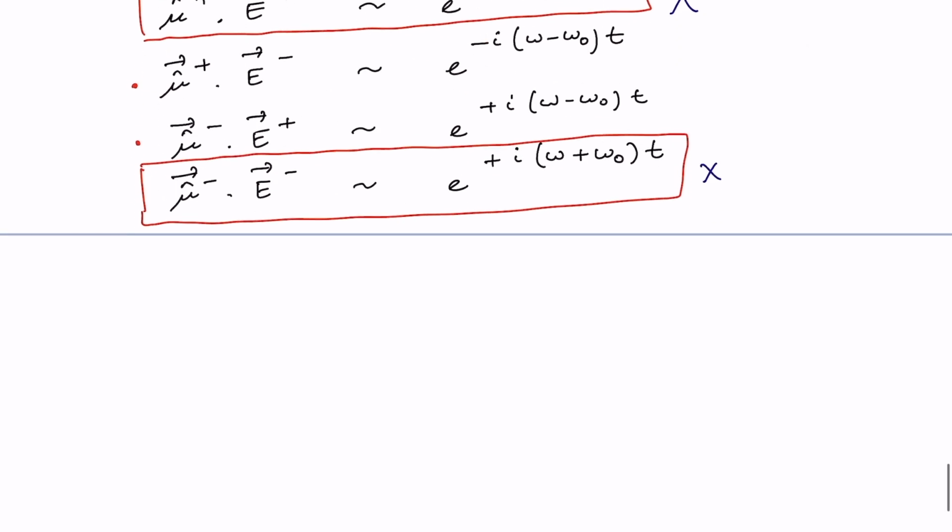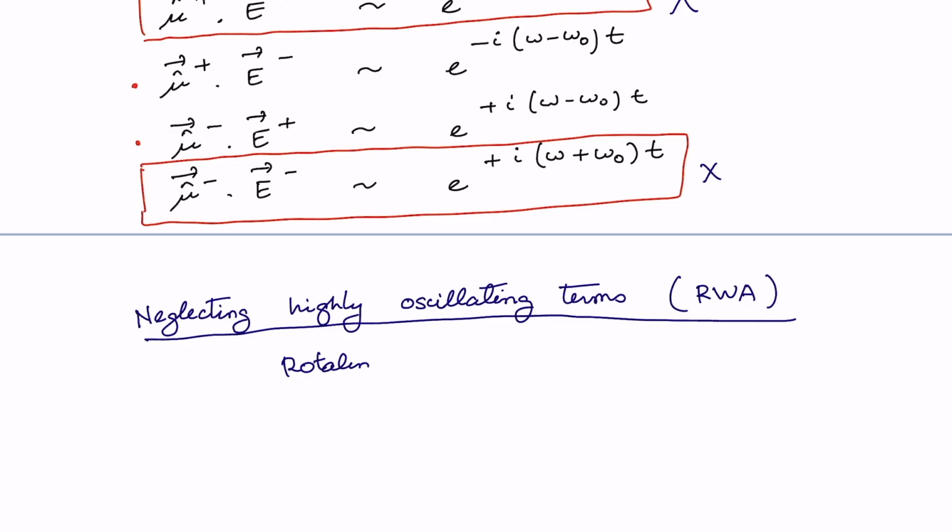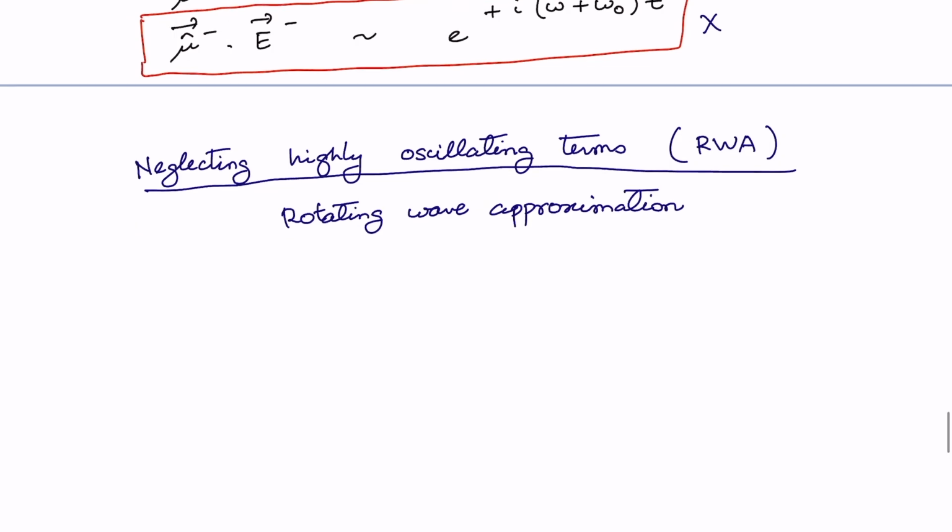We can neglect a highly oscillating term, and this approximation is known as the rotating wave approximation, or RWA. It is one of the most useful approximations frequently used in quantum optics. And under this rotating wave approximation,